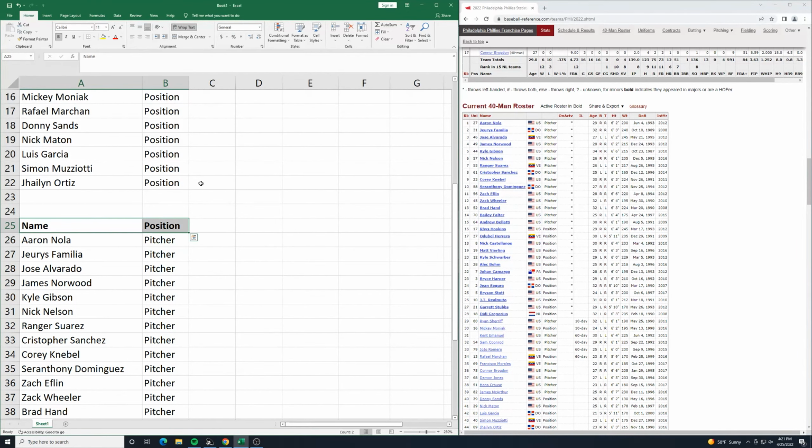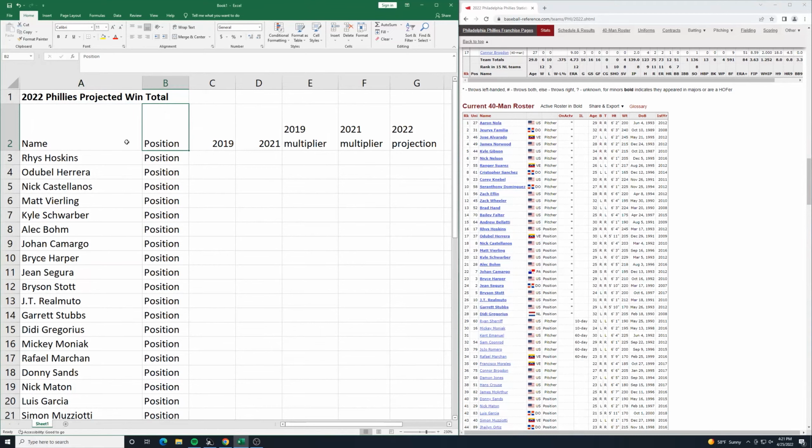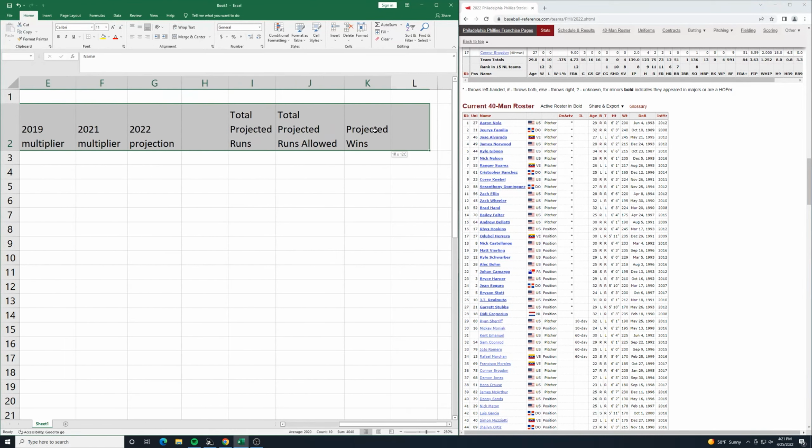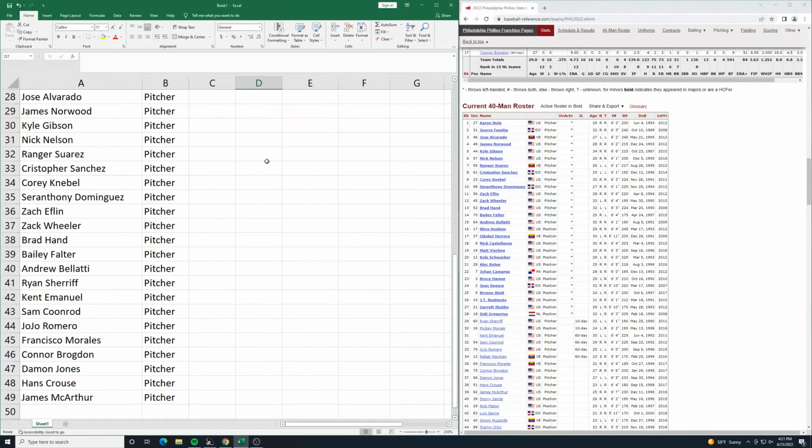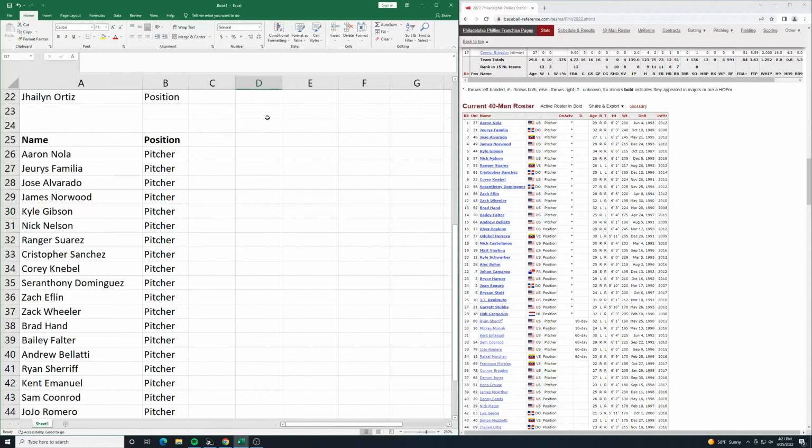I'm going to make that bold, and then I'm going to scroll up here and make this whole top, near the top row anyways, these headings, I'm going to have those be bold also. Okay, now